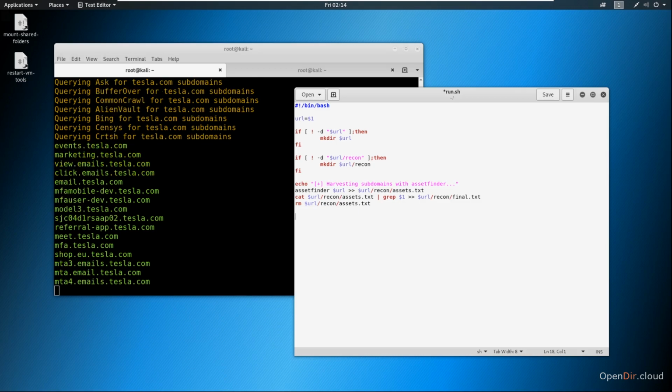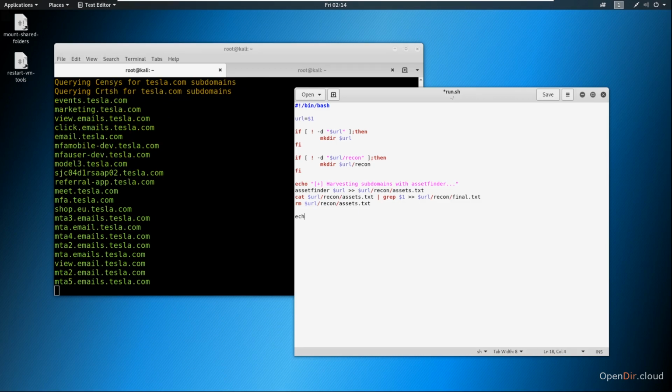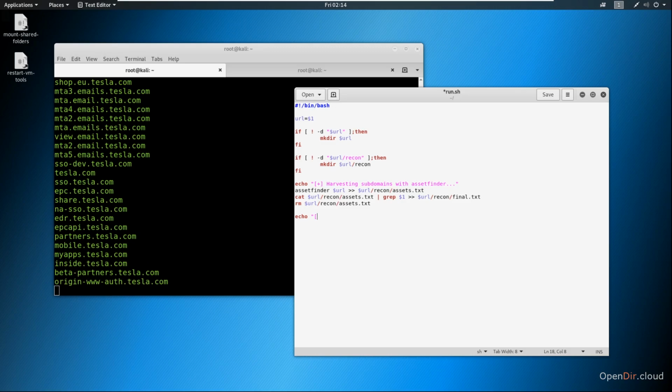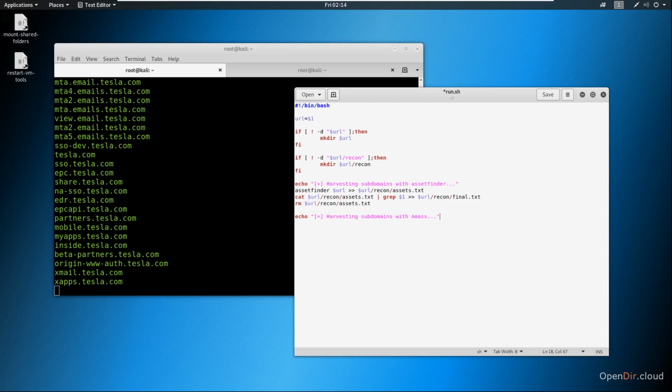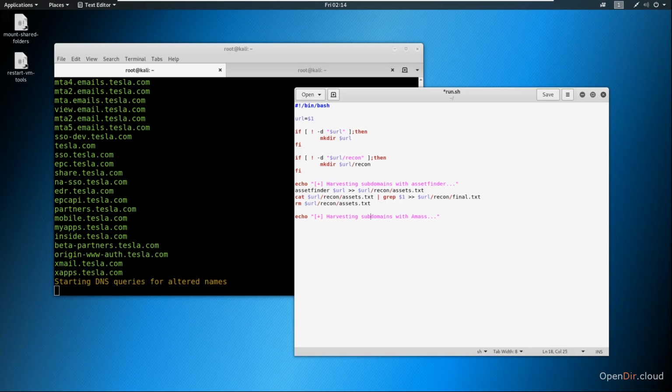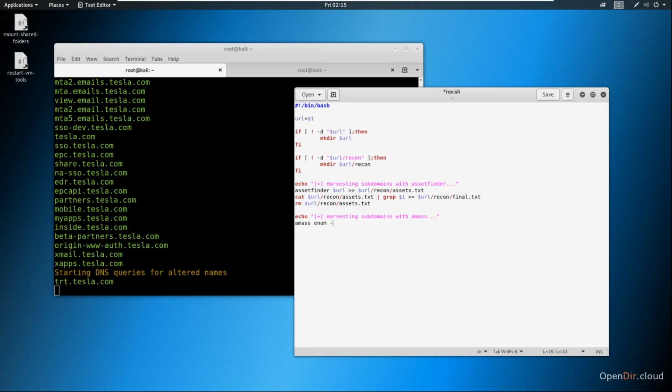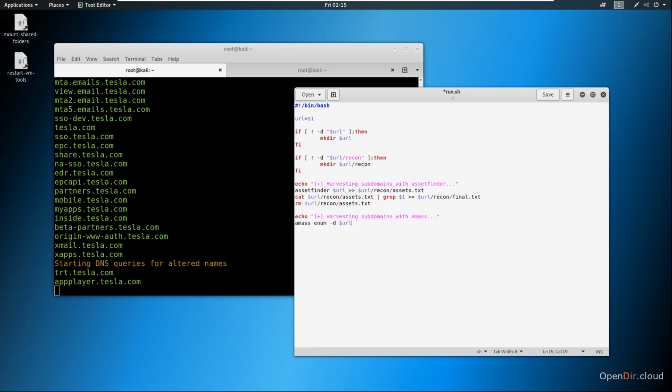So what we're going to do here is we're going to go ahead and just say echo, and we're going to echo out, same thing. We're just going to say something like, harvesting subdomains with AMAS. Okay, and again, I didn't realize it, but I screwed up over here, because for some reason it's not typing in the plus sign when I'm doing it. Okay, so here we're going to say AMAS enum, just like we did before, domain $URL,